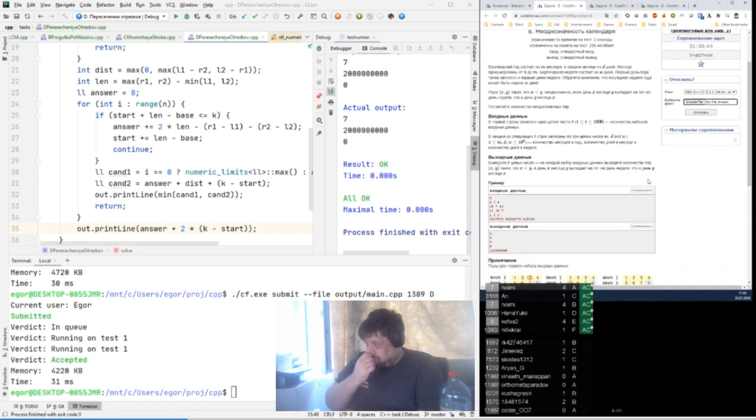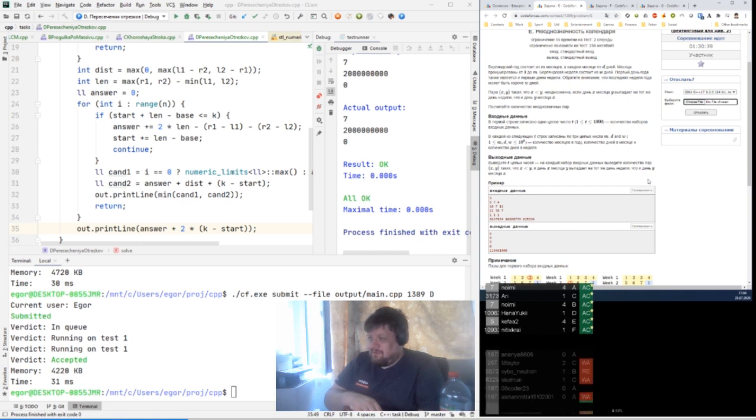Problem A. So here we have a calendar. Basically, we have a year where there are m months. Each month is d days, and we also have